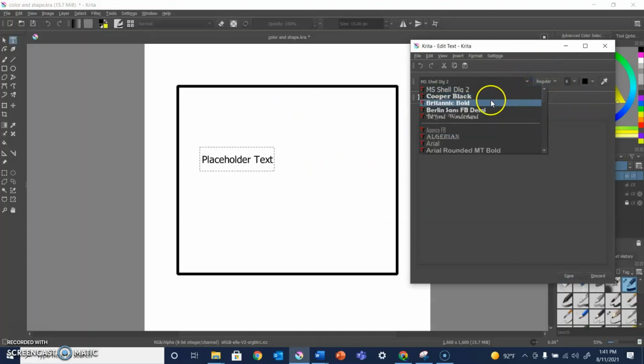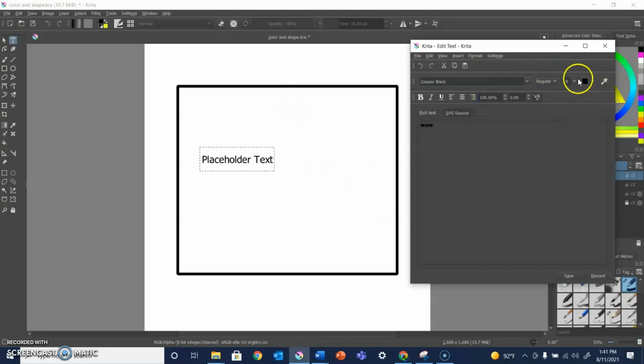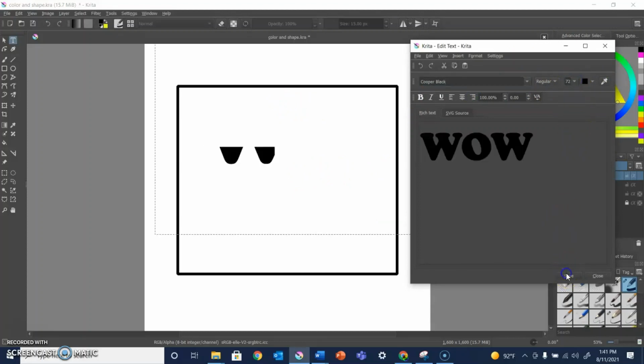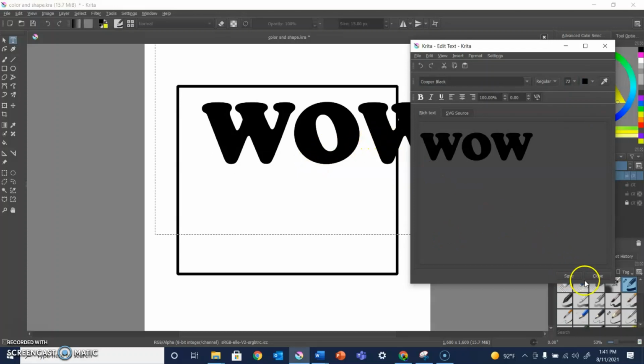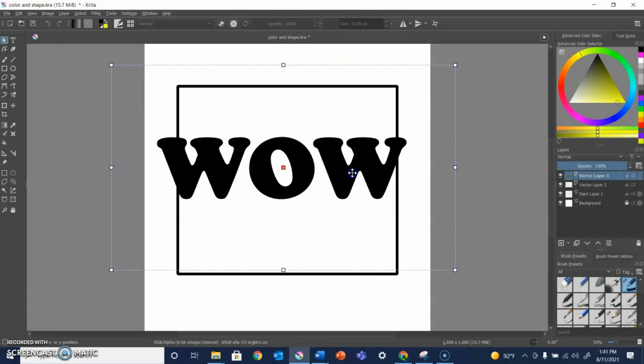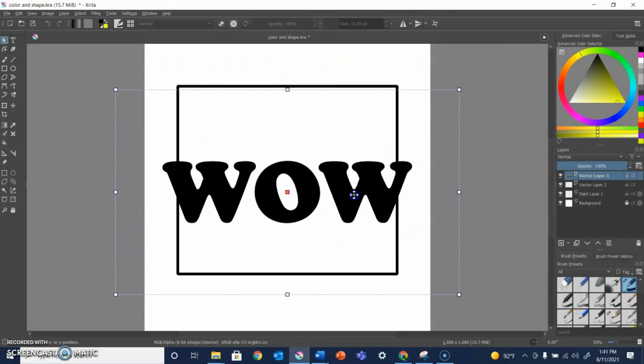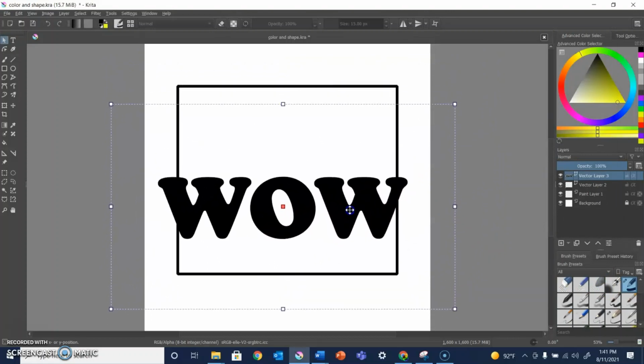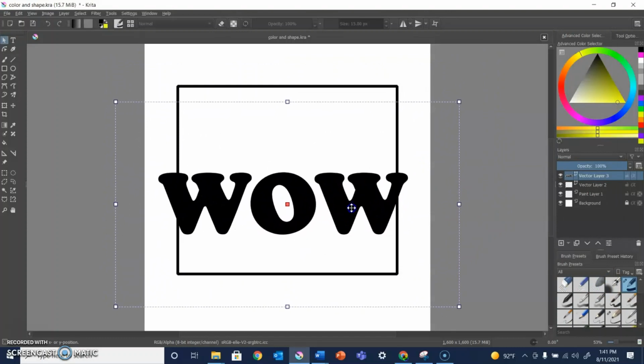Choosing a font. I chose Cooper Black. Choosing a size, the biggest I can, hitting save so I can see how it looks, and then if I like it, I can hit close and then just readjusting it. At this point, I realize that my square isn't very square, and maybe I want it even more